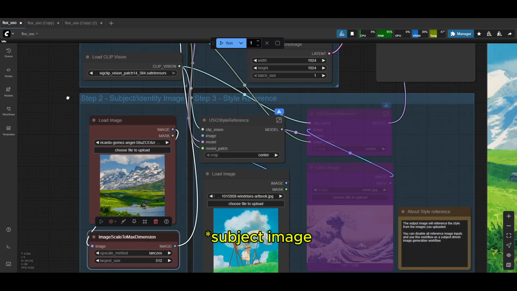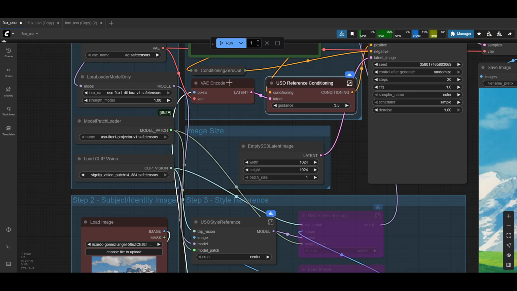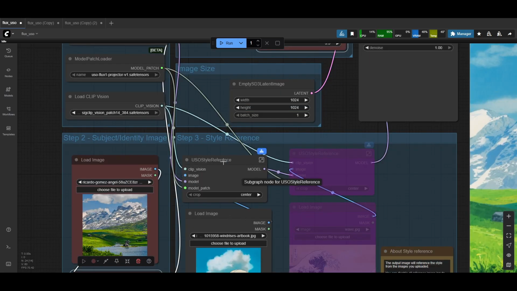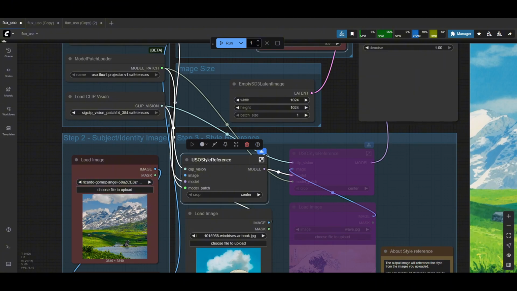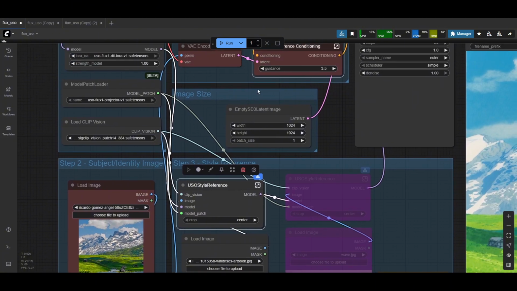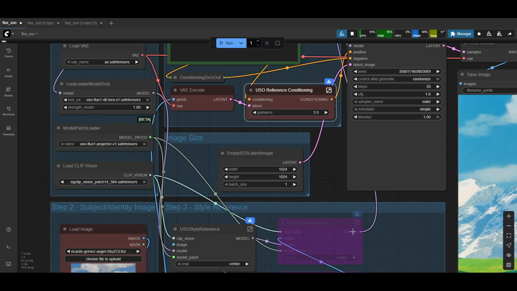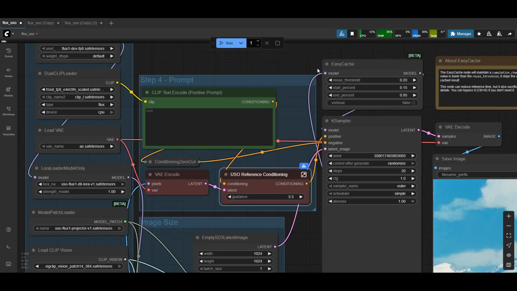Your style image then gets fed into the VAE encode as a reference, and then that gets fed through the prompt. The output for the USO style reference, so while the subject image gets fed through the prompt, the style reference gets fed through as a model. So after the initial model load and the LoRA, and then filling it in through the style reference, the model gets output twice, right, to the second style reference, and then from there, that model goes into the Easy